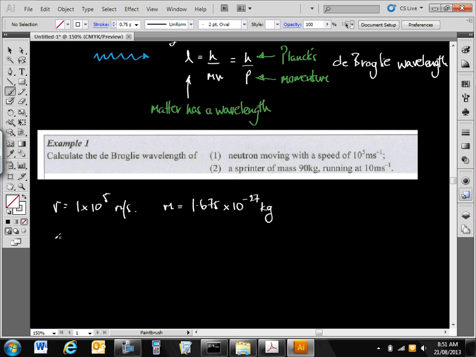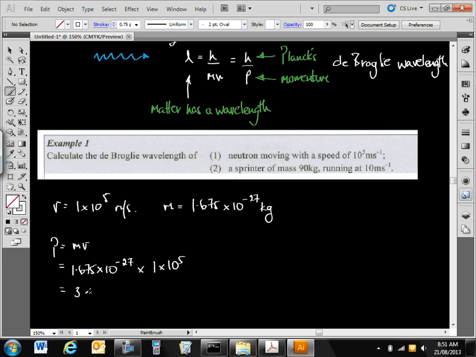From these two values we can get the momentum. Momentum is equal to mass times velocity, which is equal to 1.675 by 10 to the power of minus 27 kilograms times 1 by 10 to the power of 5 meters per second, which equals